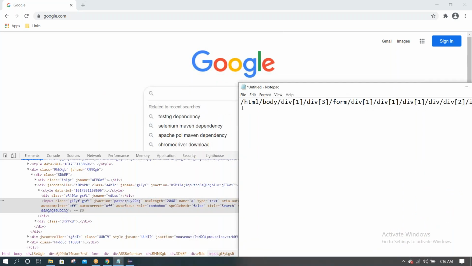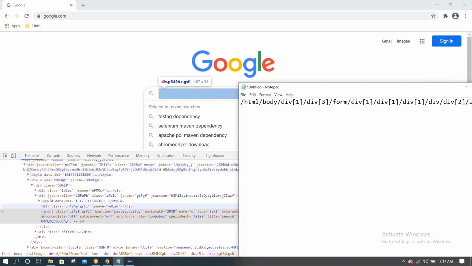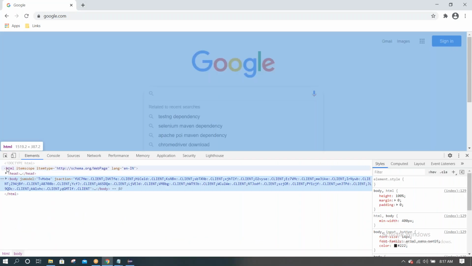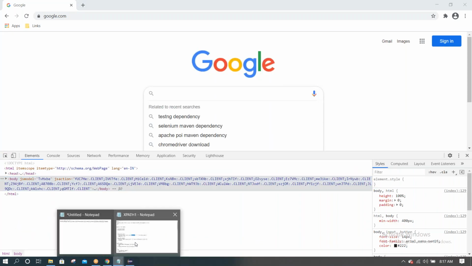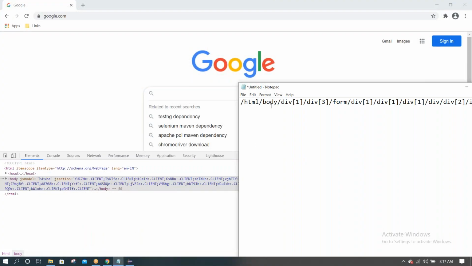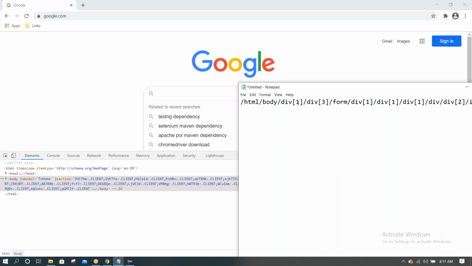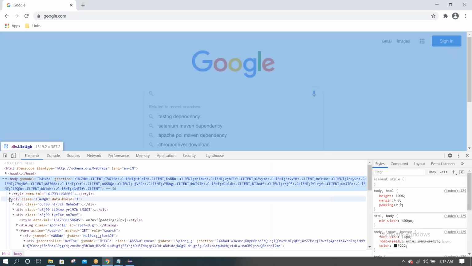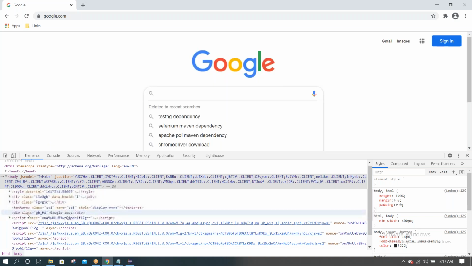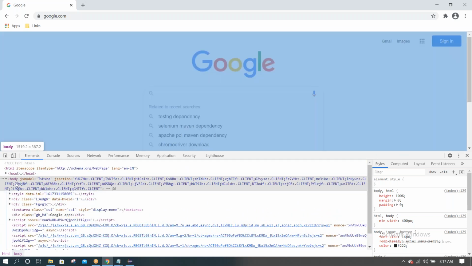See, HTML, body, div[1], div[3]. If we scroll up to the body, this is the actual HTML code. The HTML tag, under that the body tag, under that div[1].